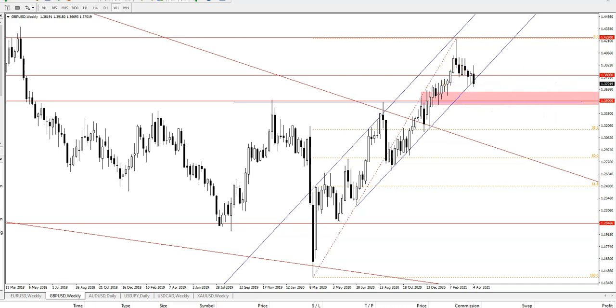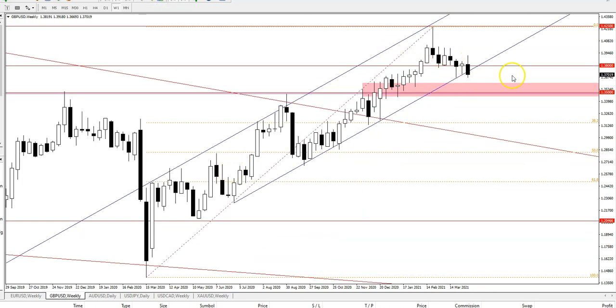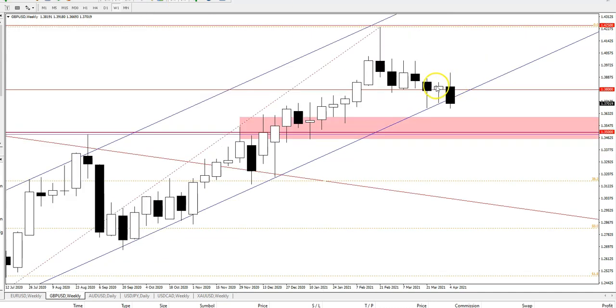My forecast last week, based on this channel, seems to be invalidated. The pin bar here, inside pin bar, is usually a good indication of a reversal. However, price gave me a very nice false break pattern. What does that mean? That means everyone looking at this pin bar would have assumed that price would go up, so everyone went up. Those without stop loss would have got slaughtered because the sellers just jumped in, took advantage